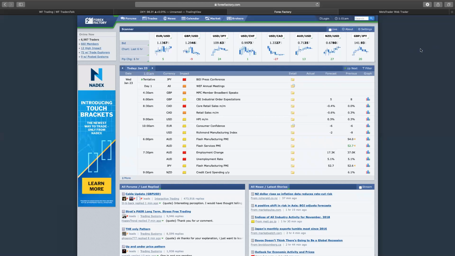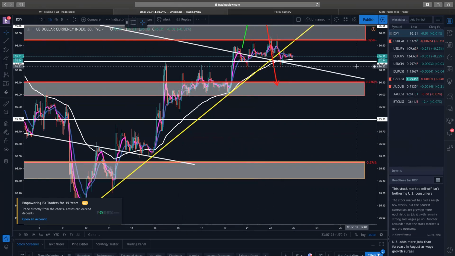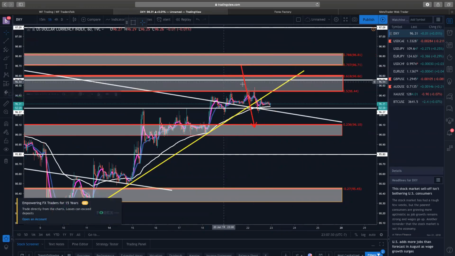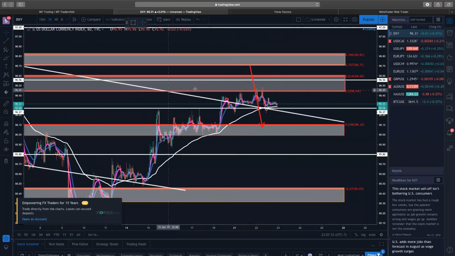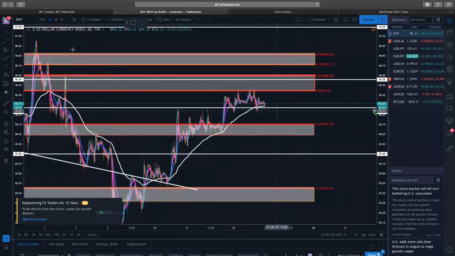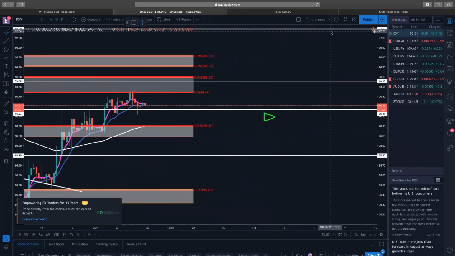So the next thing we can start looking at is some of these actual pairs themselves. All right, guys, so checking this out, pretty much so far what we had is we have the dollar right here, and let me delete some of this stuff. So with the dollar lately, what we've been seeing is